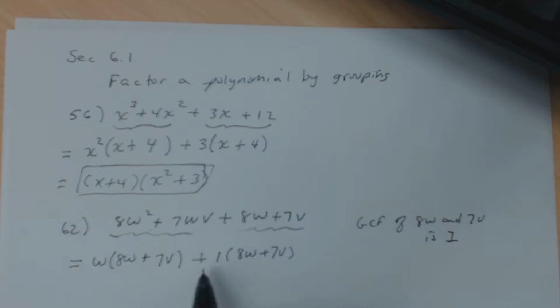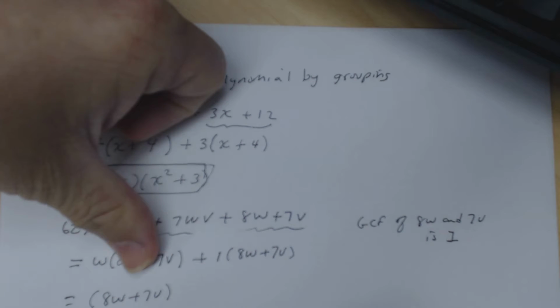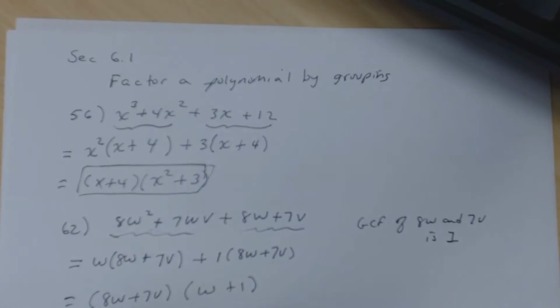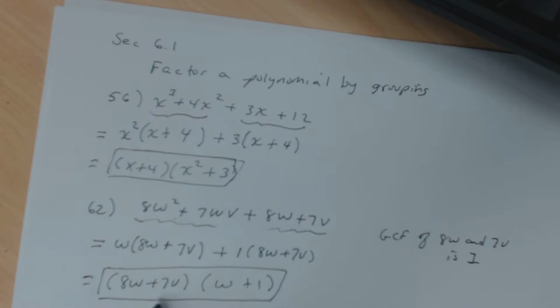Okay, so now from here, if you look at these two sets of factors here, this set of factors and then this set of factors. Now remember, this is not your answer because you got to write the whole thing as a product, okay? But they have an 8w plus 7v in common. So you take out 8w plus 7v, you factor it out, and if you factor out the 8w plus 7v, you're left with w, so times w, and again, factor it out, you're left with plus 1. All right, and so there's your answer. So 8w plus 7v, times w plus 1. So you wrote this polynomial as a product of factors using grouping. Okay? All right, let's look at